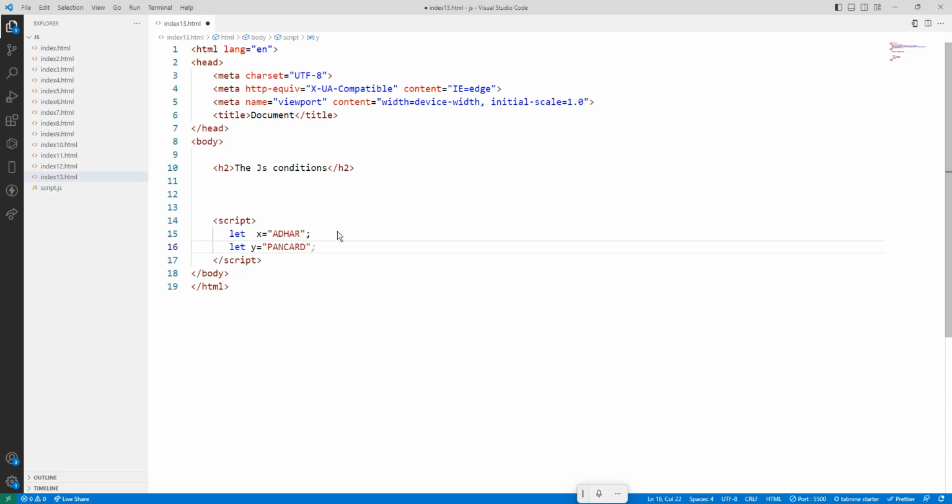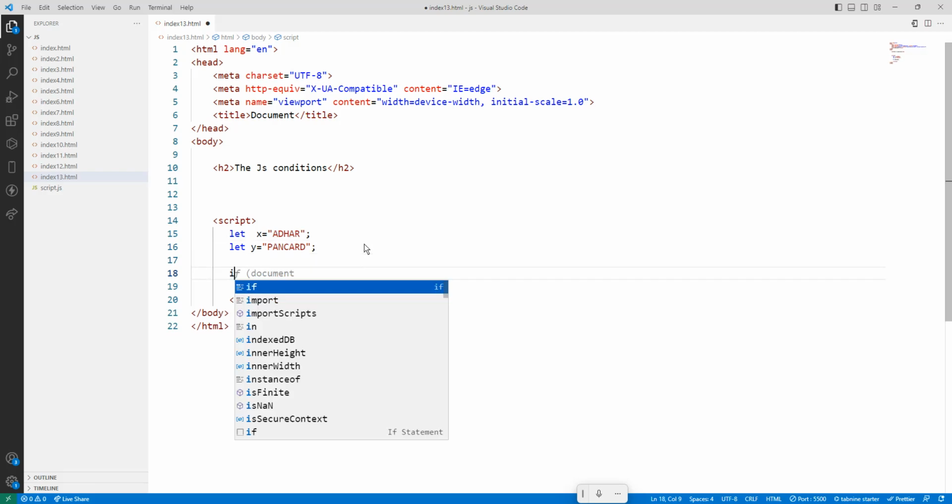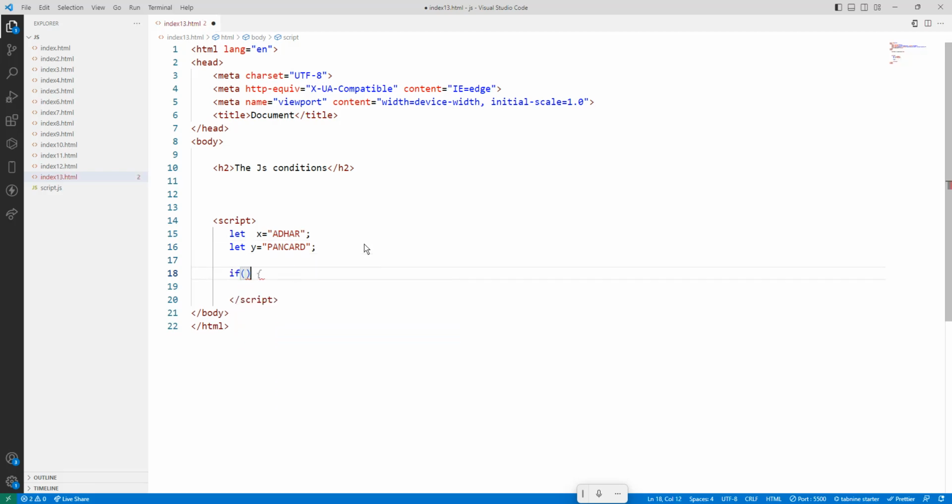Let's say Virat is going for some scary house program. Okay, let x equals to Aadhaar, let y equals to PAN card. So these are my two documents. Let's say the first condition: if, open close brace. So this is the first condition. If x is equals to Aadhaar,